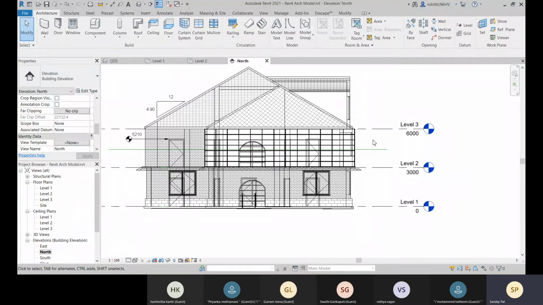Those will be placed at some height always, right? Or you can say above the door head height. Those objects will come within cut plane and top plane.